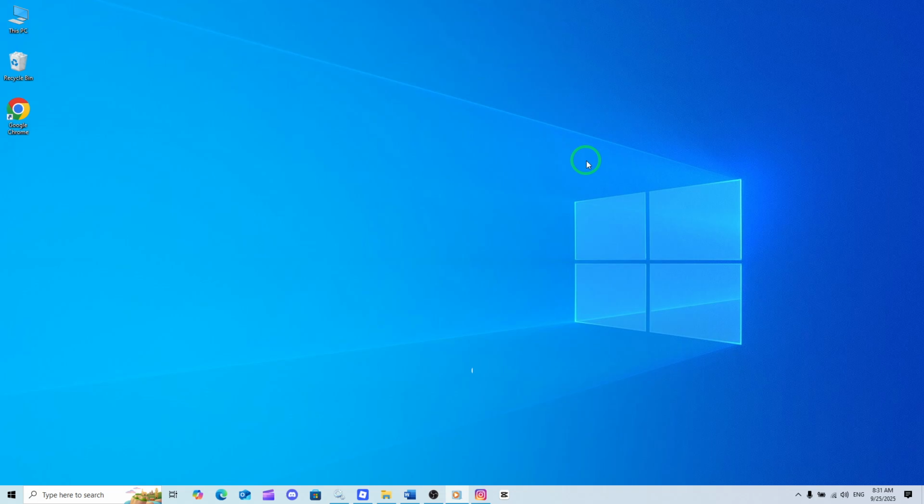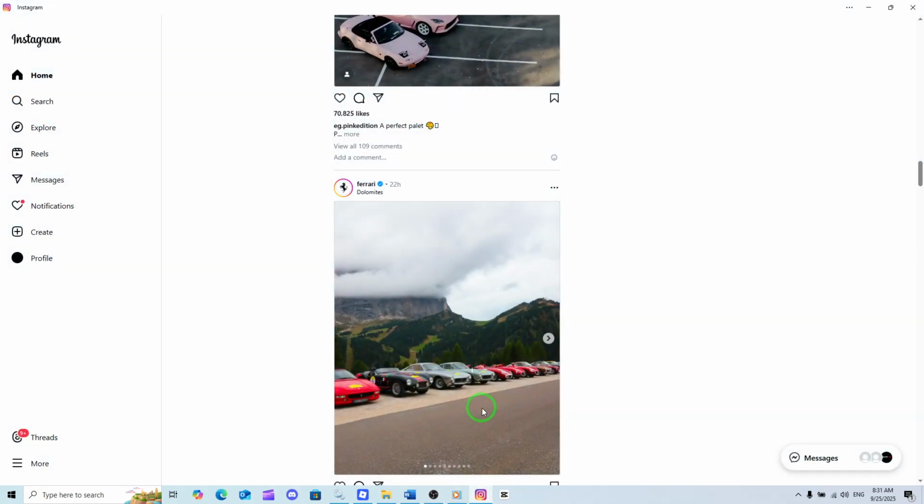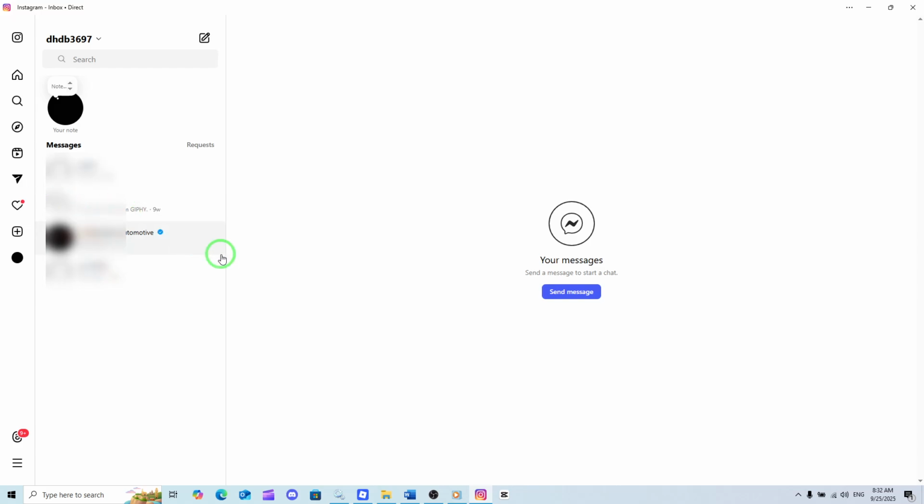First, open the Instagram app on your PC. Once you're in, you'll notice the familiar layout with the navigation bar on the left side of the screen. From there, click on the Messages tab. This is the section where all your conversations are stored, and it's where you'll go anytime you want to chat